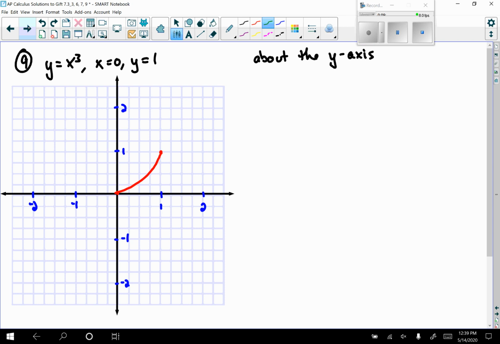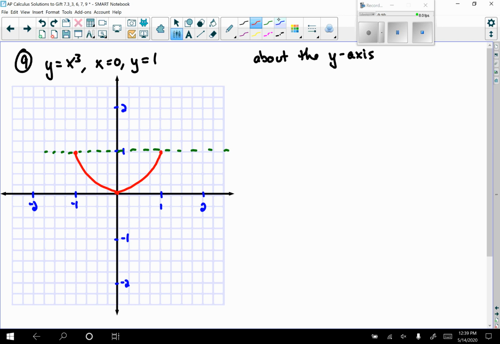cubed, x equals 0 to y equals 1. Here we are rotating about the y-axis. So when we're looking at x equals 0, that's just the y-axis here to y equals 1. So we're just looking at this right here for y equals 1. And then to reflect this over the y-axis, I'm just looking at this curve